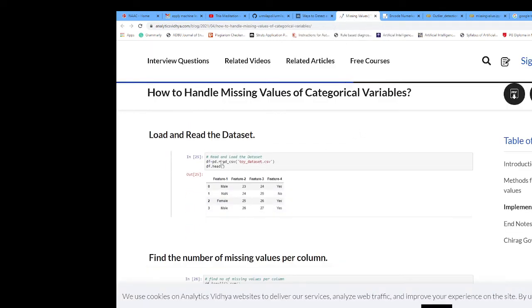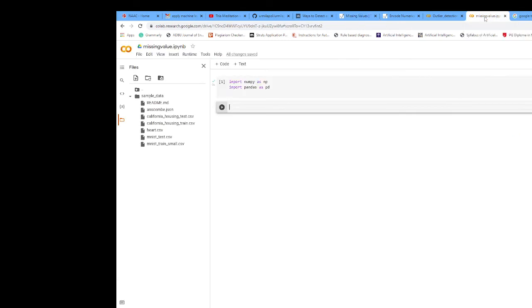Here read and load the dataset. df is equal to pd dot read underscore csv, and paste the path with Control V. This is the path.